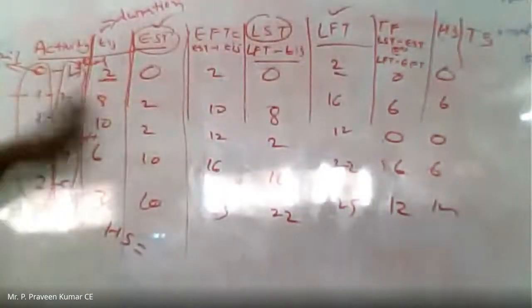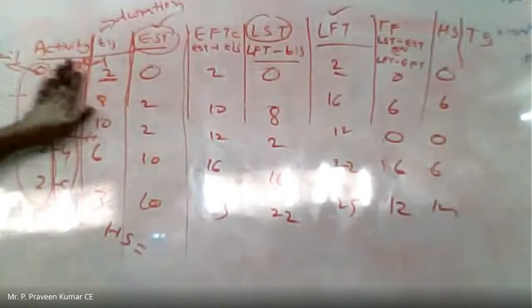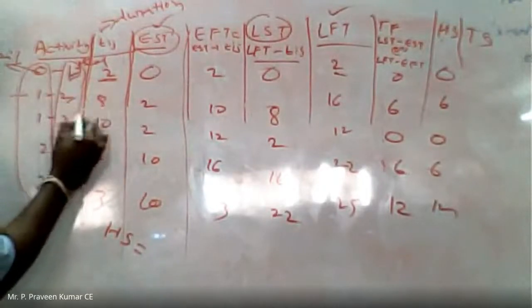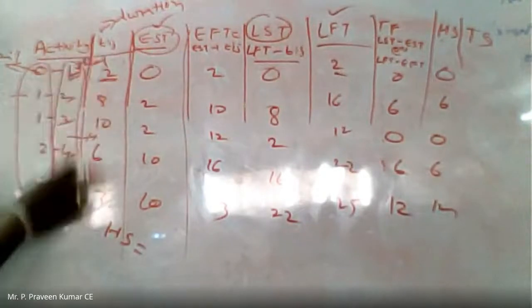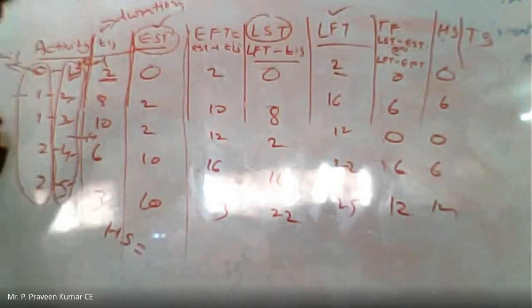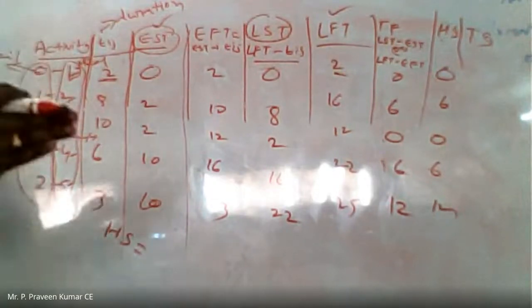So like that we need to calculate the head slack. Forget about the tail part, just remember the head part. Here there are the nodes 1, 2, 3, 4, 5. These nodes can be observed in the network diagram. Under the network diagram, I already said L2 minus E2. This is the head part, right? So that's why we name it L2 minus E2. You will get the values.